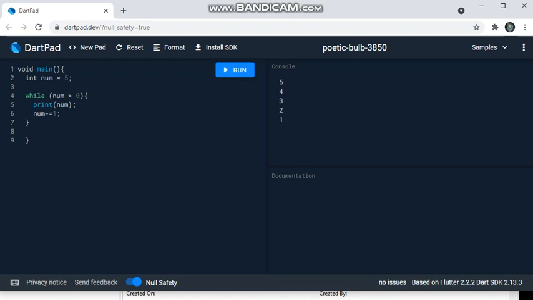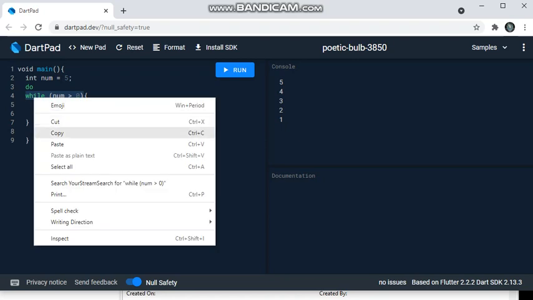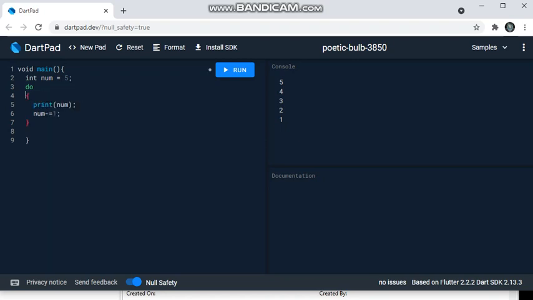Not only this, but there is another way to perform these operations. Let's do it that way also. You need to give do, and then let's remove all of this. Let's copy this, and then take off all the unwanted stuff.